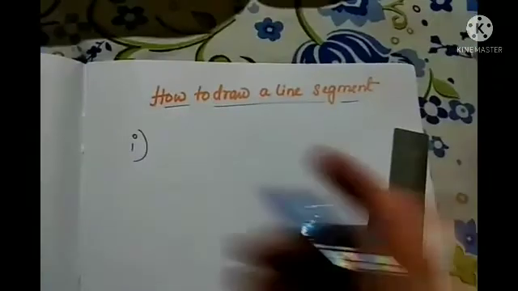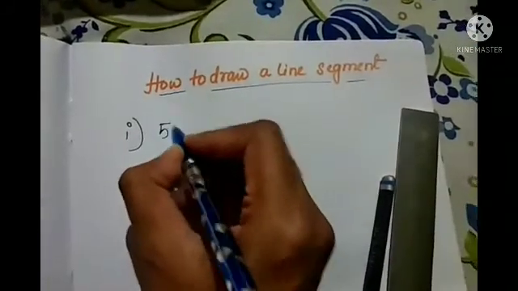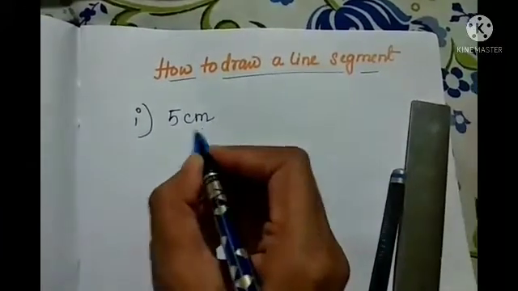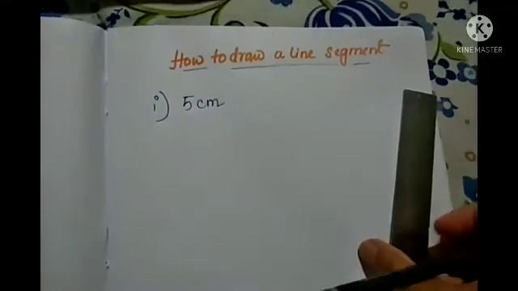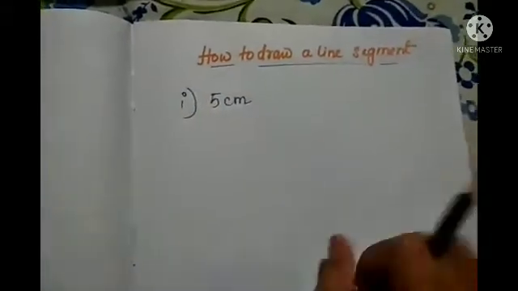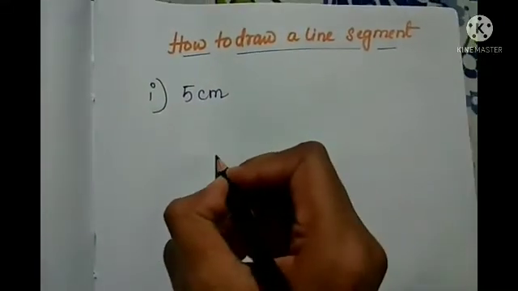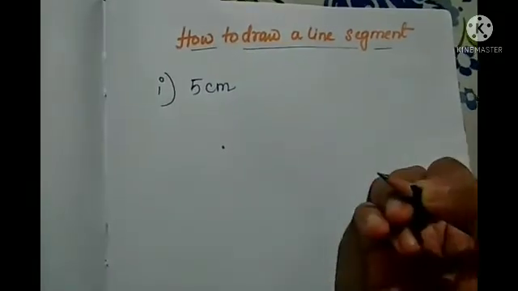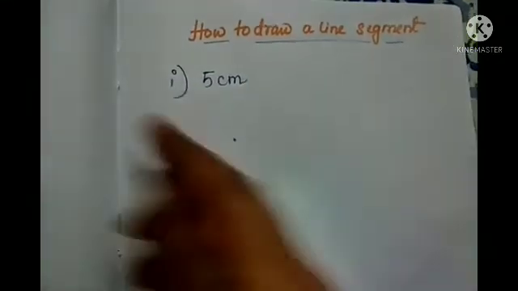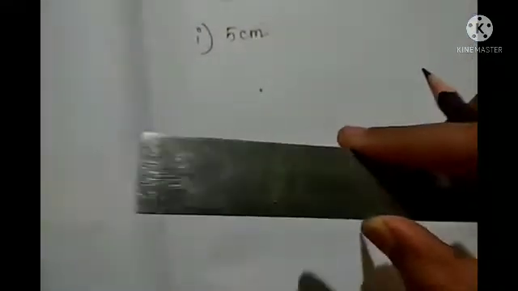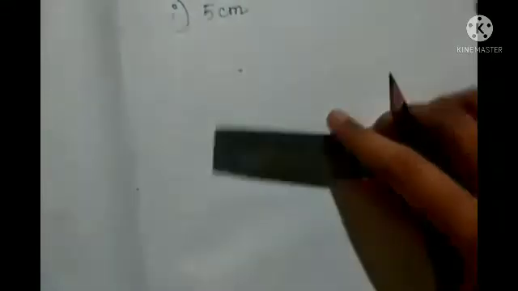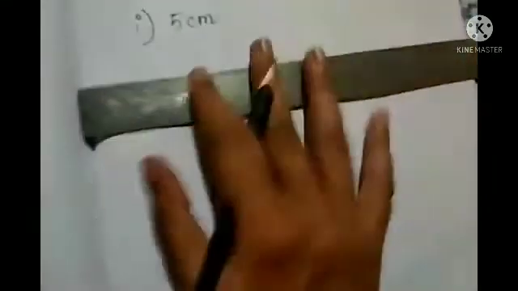So for that, let's take one example. Suppose we will draw 5 centimeter. So 5 centimeter is the length of the line. Now what you have to do is take the scale. At first you have to mark a point, anywhere you can put the point. Then you see the scale where the 0 measure is. So you have to start from 0. So you have to place the scale